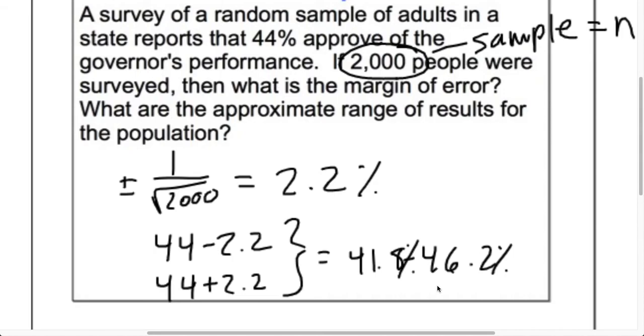It's a way to say that there's a range of values that the population might be between. Statistics and data can never be perfect unless you truly get a census, and it is almost impossible to get a census. And so it is almost impossible for data and statistics to be 100% accurate, although the margin of error allows us to have a certain level of confidence in its accuracy.